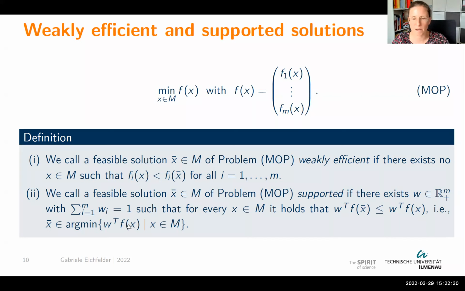No matter if you sum up weight and price and whatever, very often they first multiply these functions with a weight. So this vector W here can be interpreted as a vector of weights. You take those to be non-negative, and without loss of generality, sum them up to 1. So they make a weighted sum of the objective functions, and you just minimize this weighted sum, and then you take the minimal solutions of this weighted sum. And any solution you get by doing so is called a supported solution.